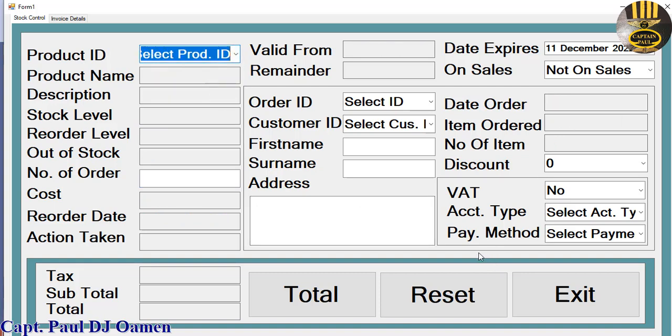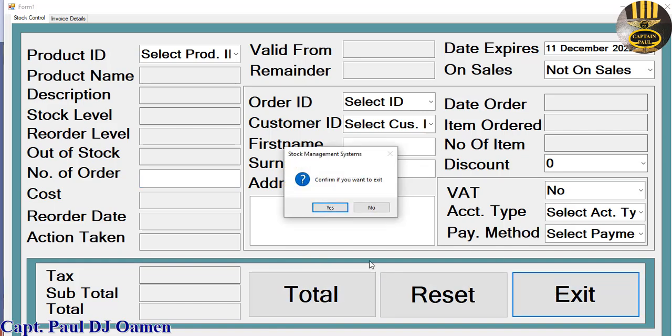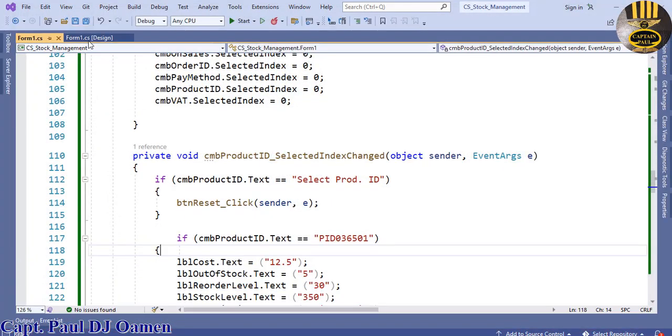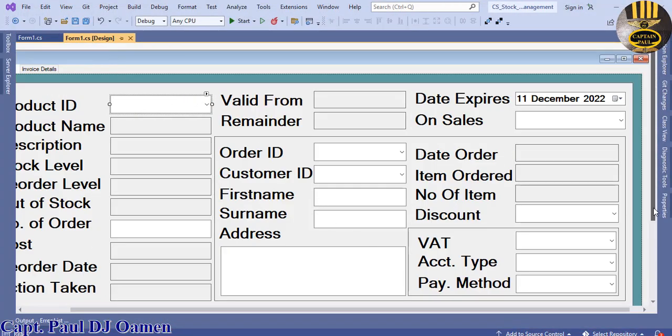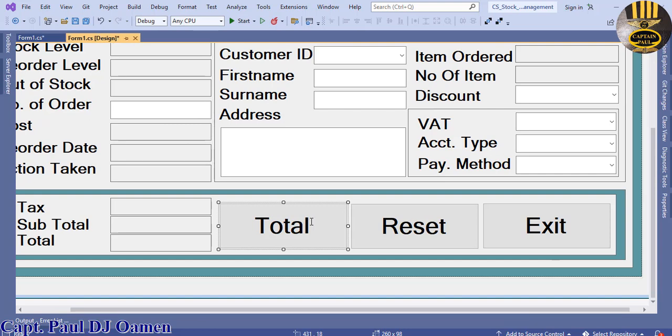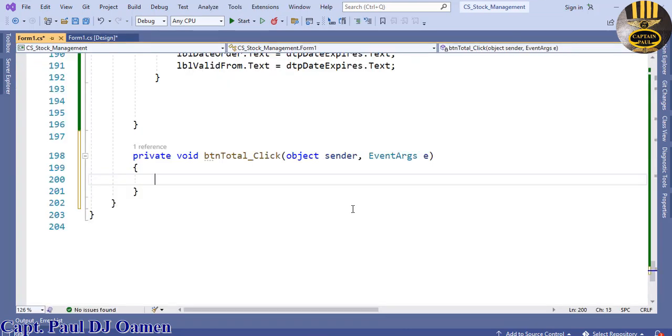Okay, now that that is done, we now need to take care of total. In the case of total, we do have some work to do in there. So instead of talking, let's go straight in there. Exit out, come right here, double click on total. There we go. Okay, with the total,